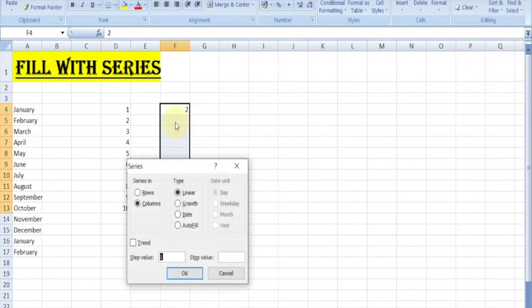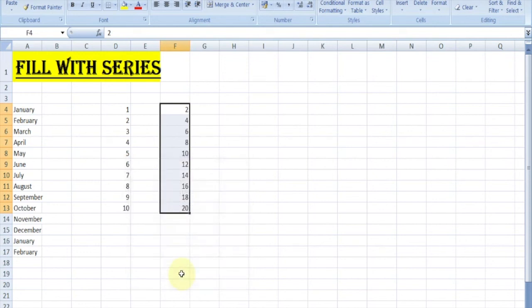Here the next is 4, so the step will be 2, so write 2 here in step value, and stop value equal to 20, click on OK. Here we get only the even number series from 2 to 20.